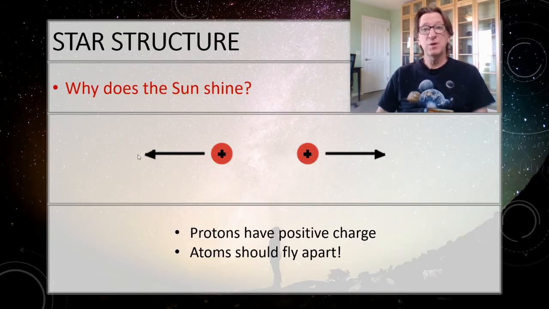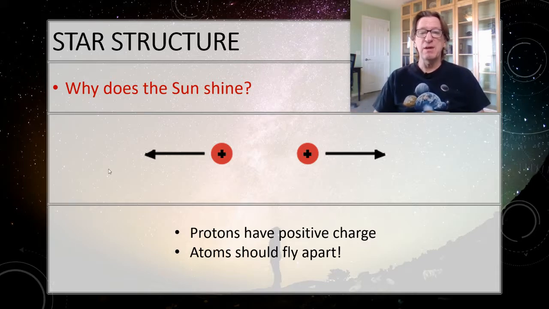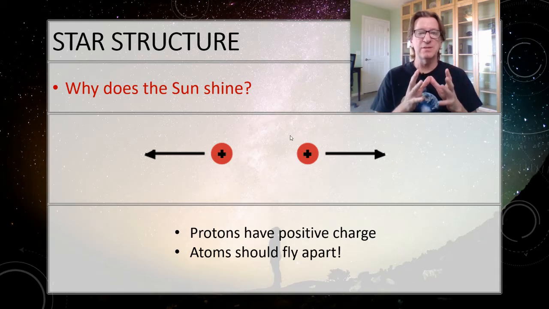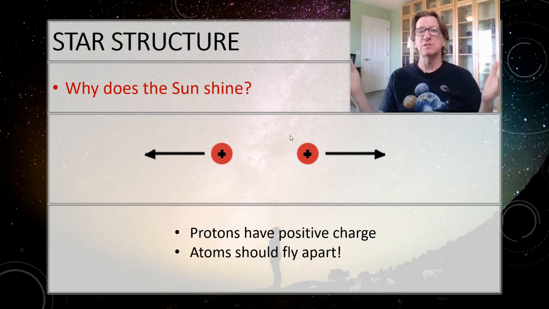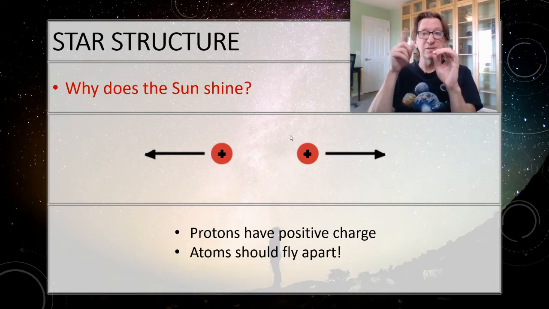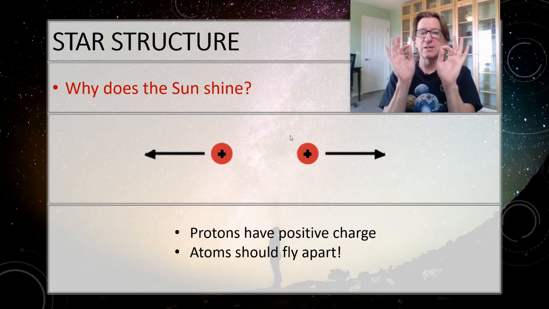Okay, so our big question basically is, why does the sun shine? The answer to that is through nuclear fusion, but there's a few things we have to talk about before we can get to that point. Hydrogen, which is what most of the universe is made out of, is nothing more than a proton with an electron going around it. We're not going to worry about the electron quite so much. That's what's producing those lines in the absorption spectrum when it jumps up and down. Now we're interested in the proton itself.